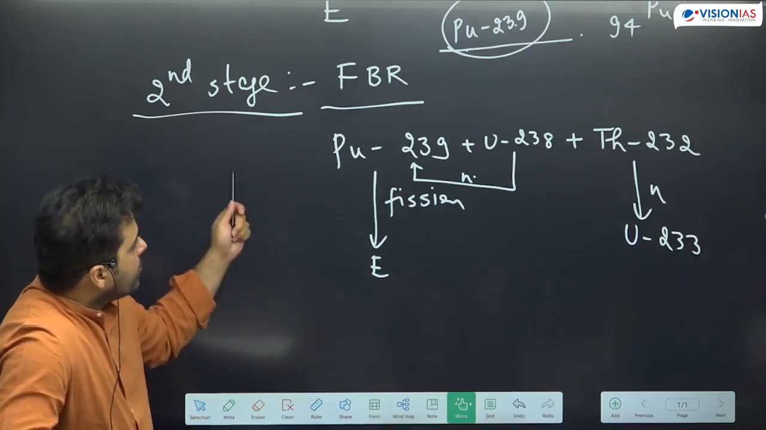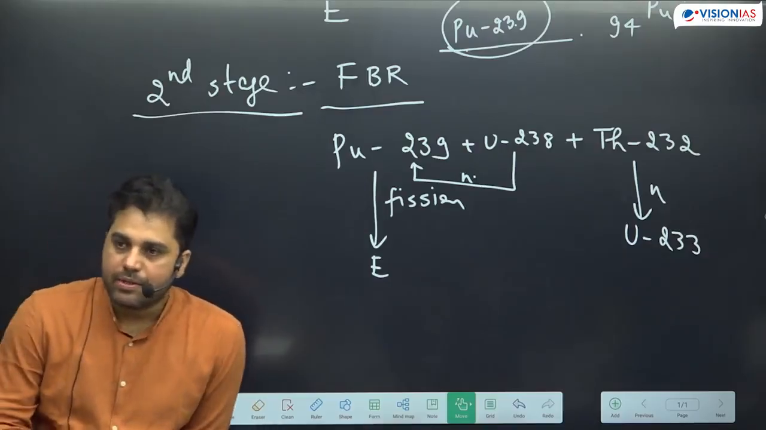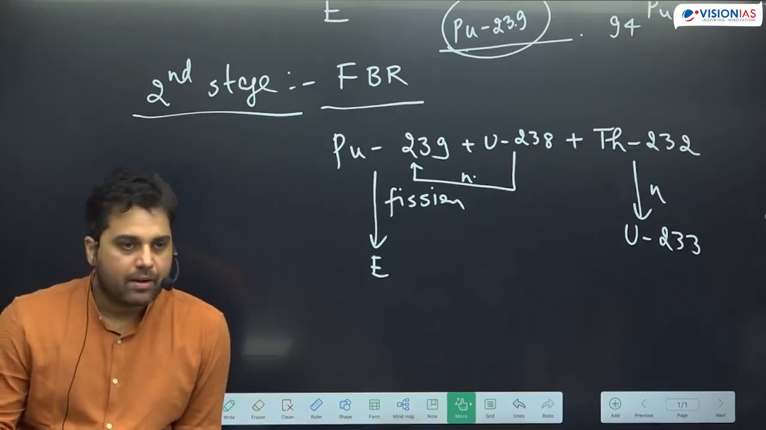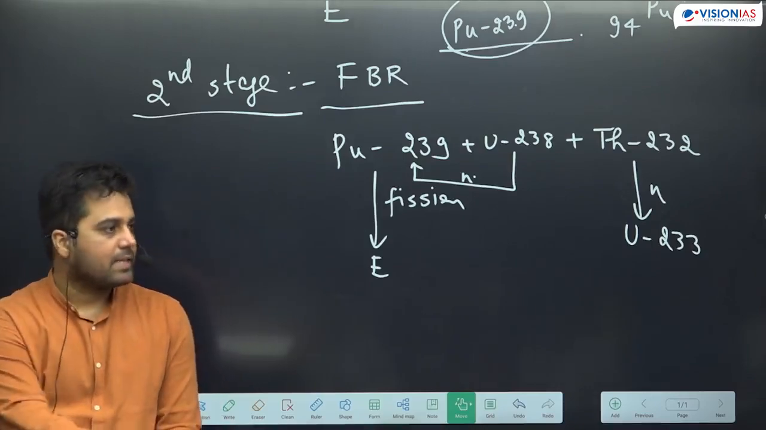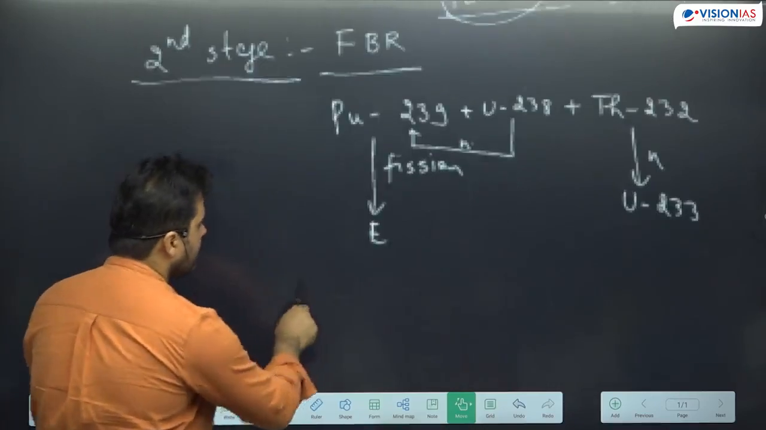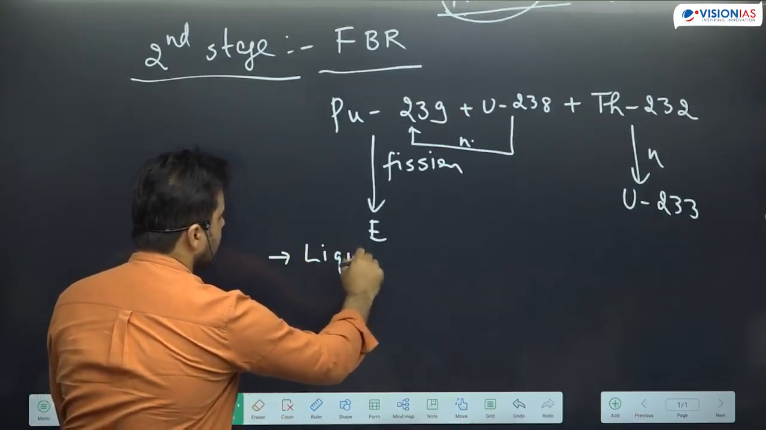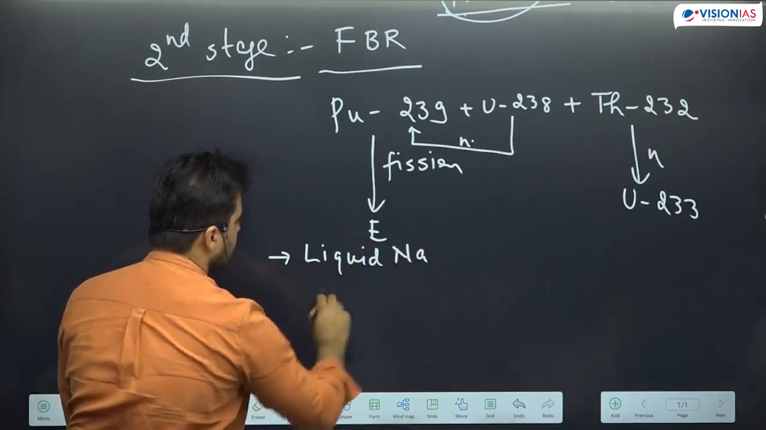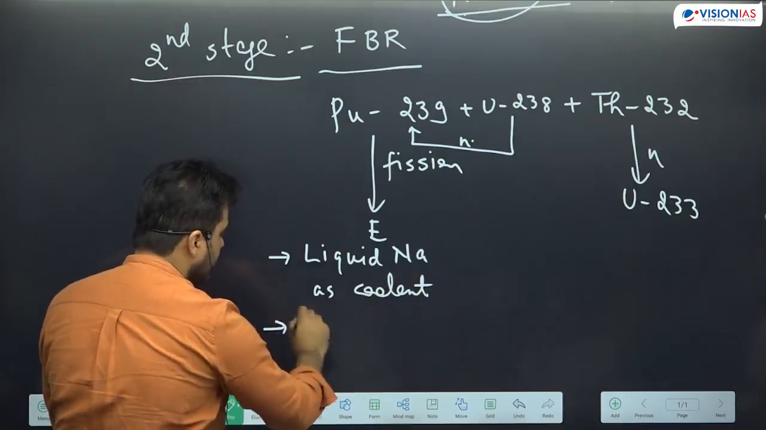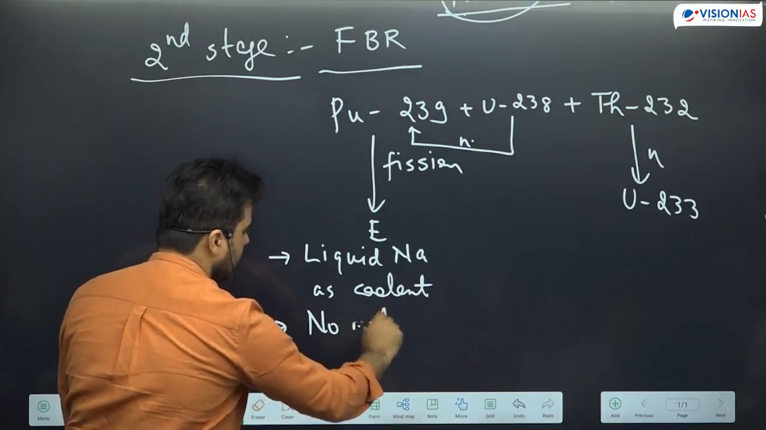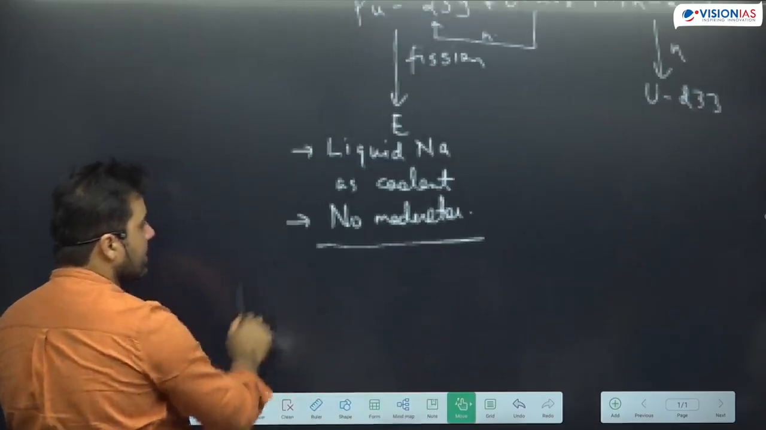So let me tell you a few more things about fast breeder reactor. In fast breeder reactor, we use liquid sodium as coolant, and we do not use any moderator. One of the most important features of fast breeder reactor is that we use liquid sodium as coolant,